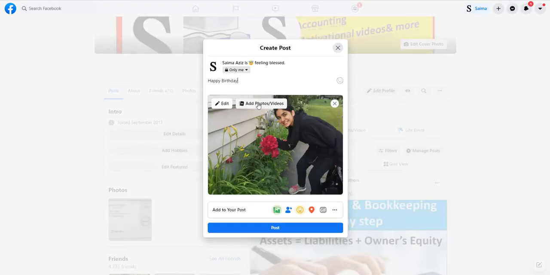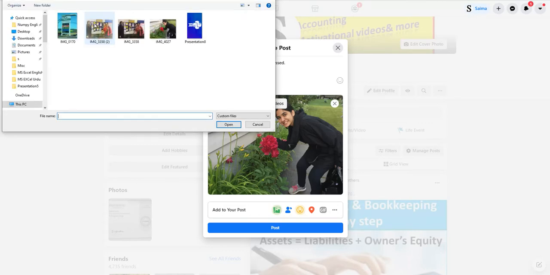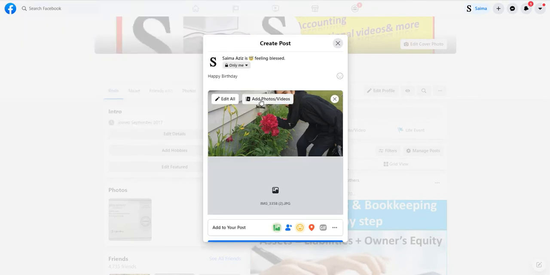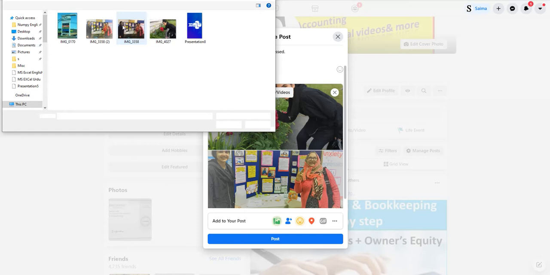Now click here. Add photos. If you want to add more photos here, again click here one more time. Same thing will open. Suppose you want to add this picture, so double click. It will come up here. If you want to add a third picture, go there, add photos, and this time I also want this picture.